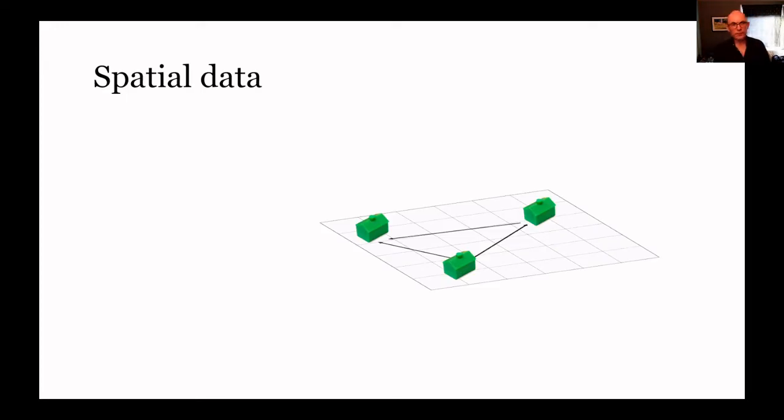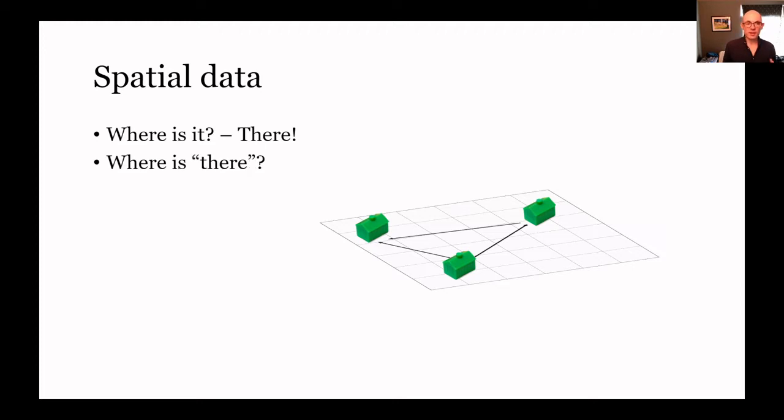We've seen this slide before, the spatial data. We want to know where something is, and we can describe it as being in a particular position, but that only actually is in relation to something else, everything else, other things. We have no absolute position, either in the universe or on the surface of the Earth. It is always in reference to some other thing, feature, point of reference. It's a reference system. We are such a distance or such an angle from something else. That is the best that we can get.